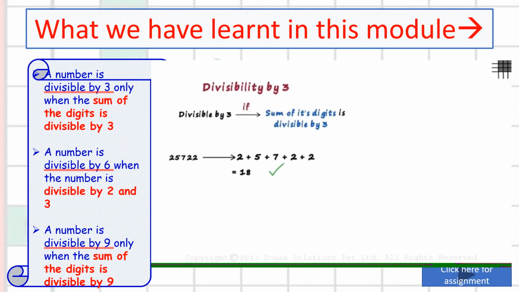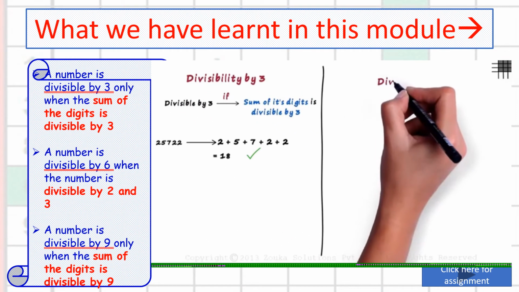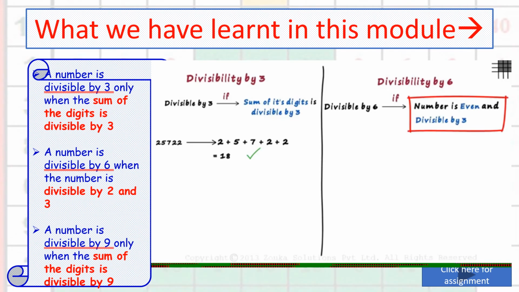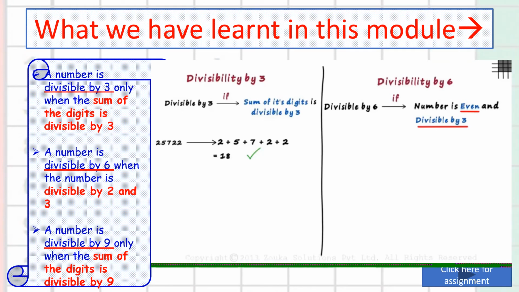Let's zoom out and understand another divisibility rule. Divisibility by 6 is not the simplest, but it's definitely very interesting. There are just 2 simple conditions. We can say that a number is divisible by 6 if the number is even and is divisible by 3. Both these conditions have to be satisfied. It has to be even and it has to be divisible by 3. Since the test is a bit different, we will look at 2 examples. The first one is